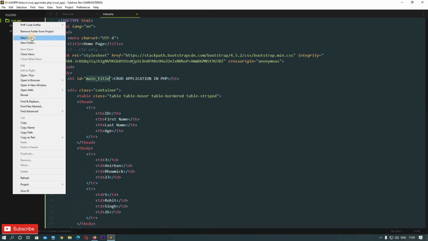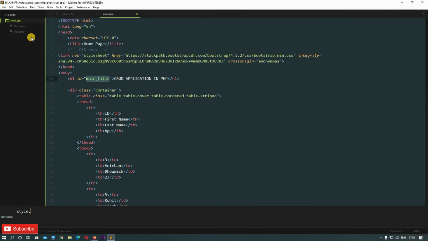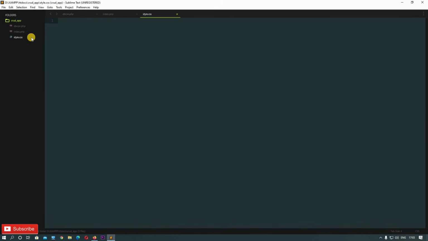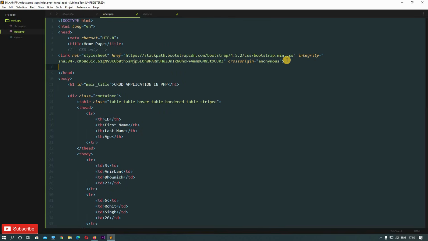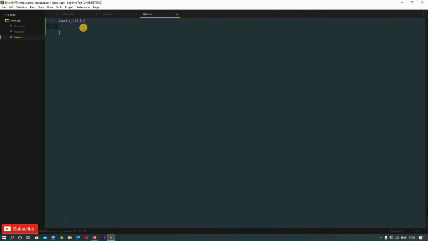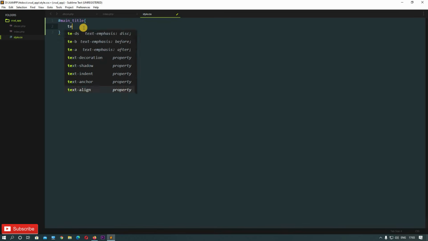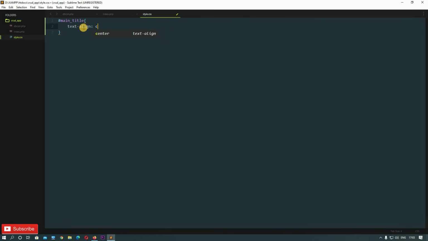Now let's create a new file and call this style.css, and in here let's call that ID and give some stylings to it. But first let's include the style sheet in our index.php file. Okay, so the name is style.css.